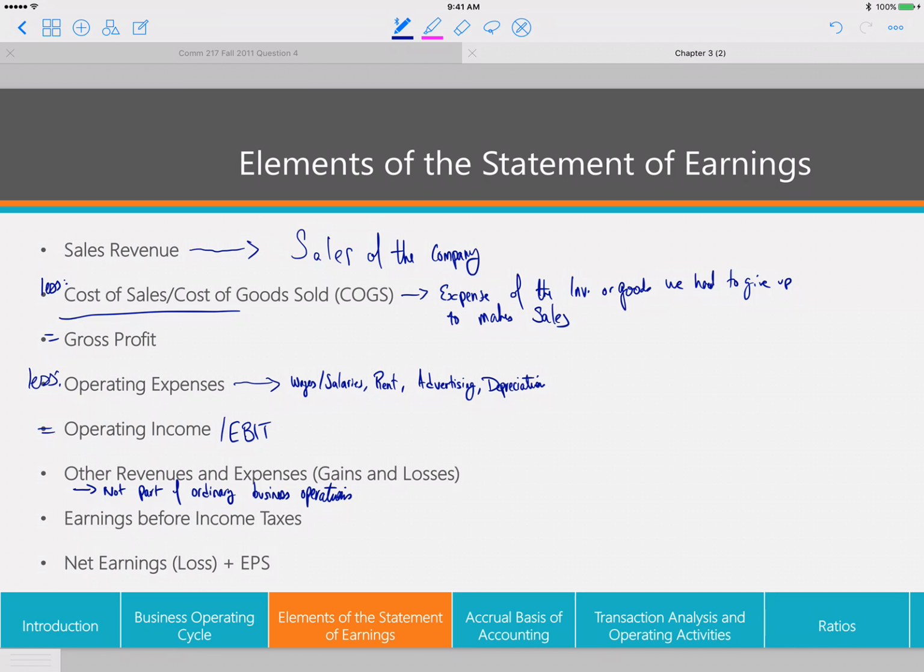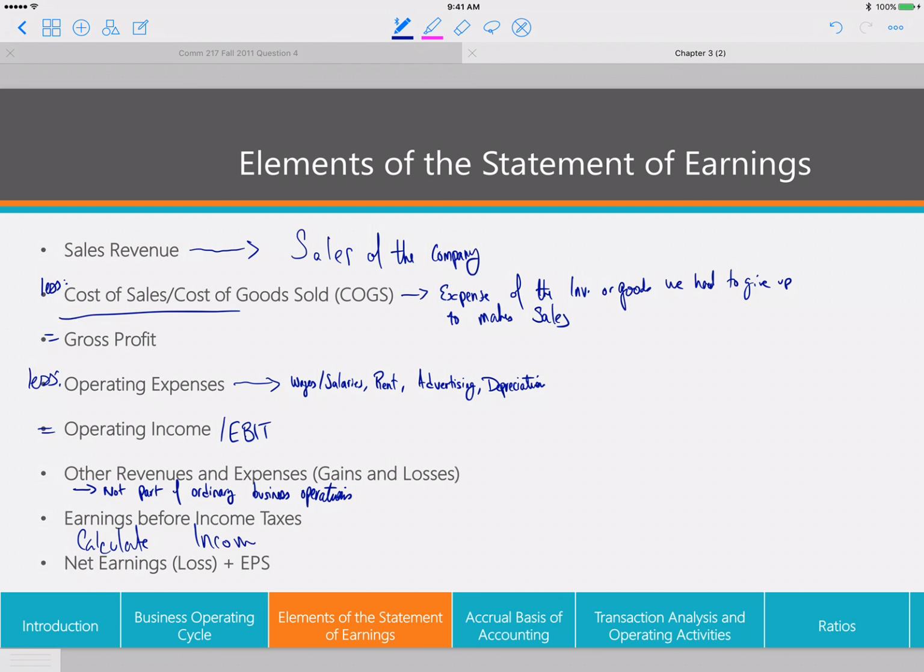We would also include non-regular expenses, so if there was a flood or if there was anything out of the ordinary. We'd also include stuff like our financing costs, paying off the interest on a loan. After accounting for our financing costs, etc., we have our earnings before income taxes. After this, we would then calculate